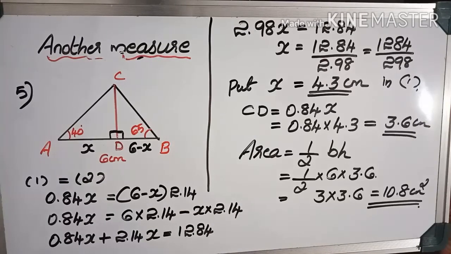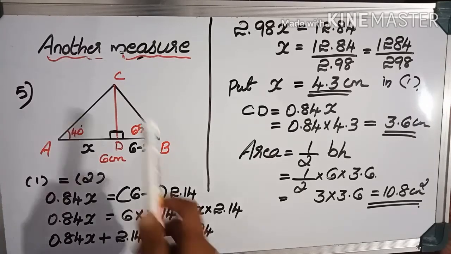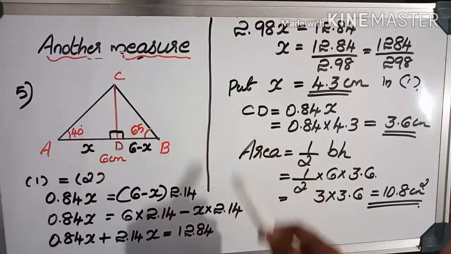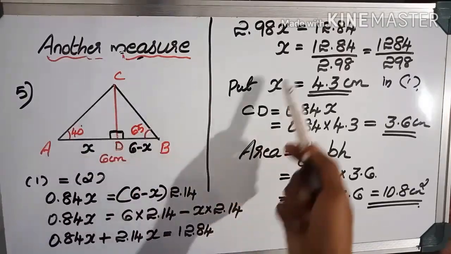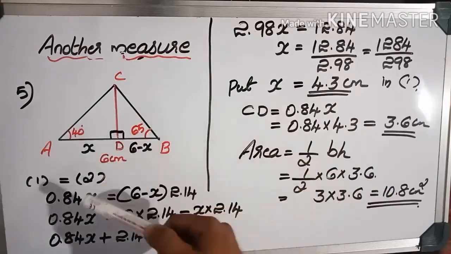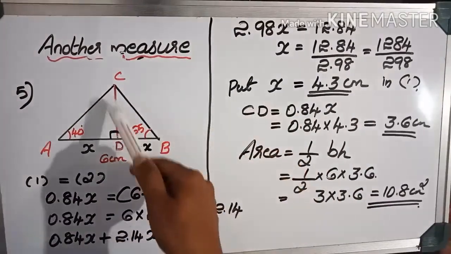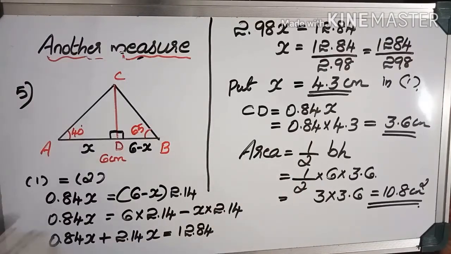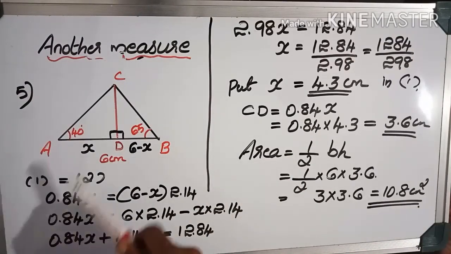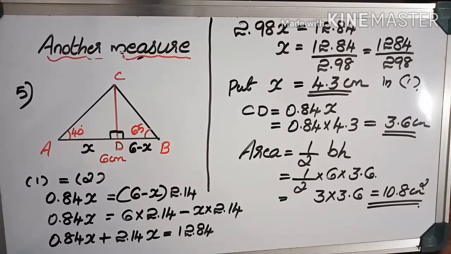Very important question. In the previous SSLC question papers, you can see similar questions. By comparing two triangles, then by finding two equations, you have to find x, then you have to apply x in any of the equations, then you have to find that common quantity. Very important question. So this is the answer. Area 10.8 centimeter square. That's all from this section.